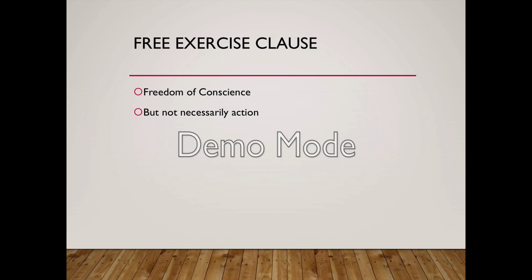What does that mean? Well, okay, so the far out example here is a classic sort of conflict between individual rights, right? So under the way the free exercise clause is written, any of those initial Central American religions that required human sacrifice, right? Those would not, that free exercise would not be protected. Why? Because an individual's right of conscience cannot trump somebody else's right to live, right? So that's why it's freedom of conscience, not necessarily action. Again, that's a way far out example.